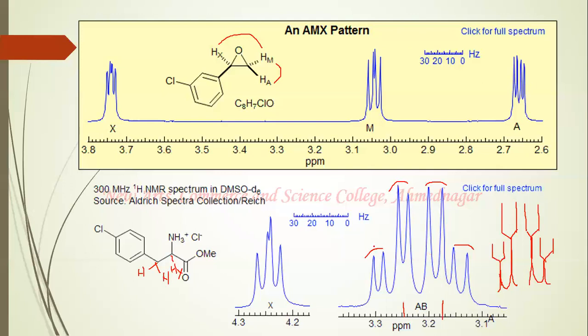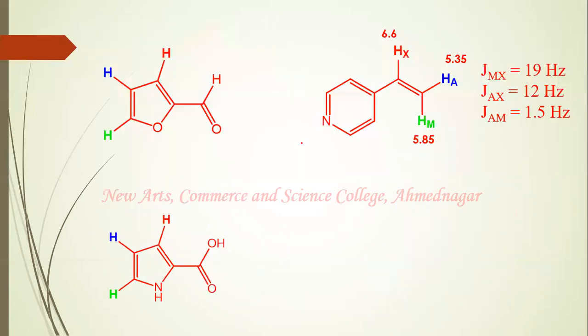Signals are well separated here, and here it is a very small difference in the chemical shift value. So notice the distortion present in this case. The total number of protons coupling in both the spin systems is the same, but the appearance of the spectrum is not the same. This difference in the appearance is due to the closeness of the chemical shift. So we'll call this spin system an ABX spin system, while the upper one is an AMX spin system.